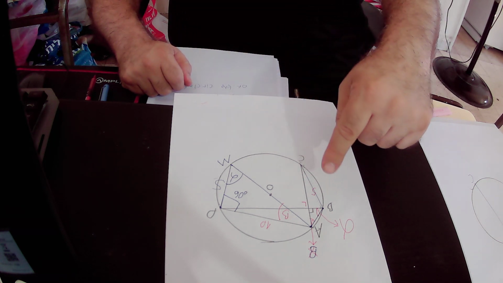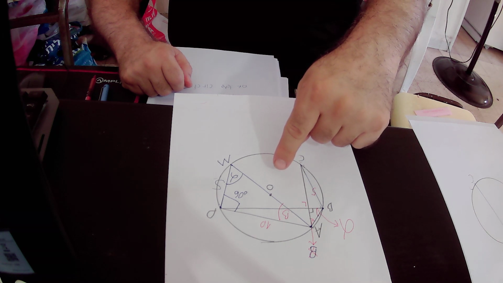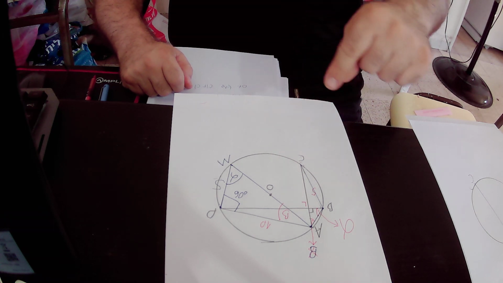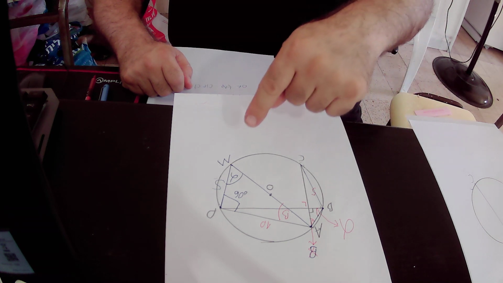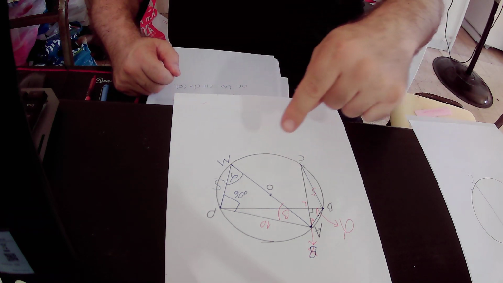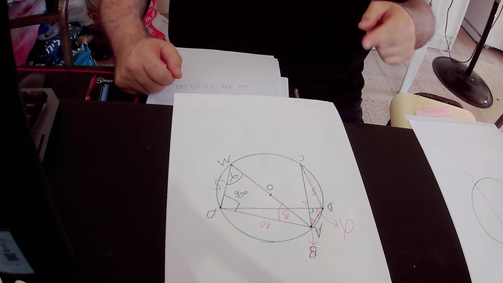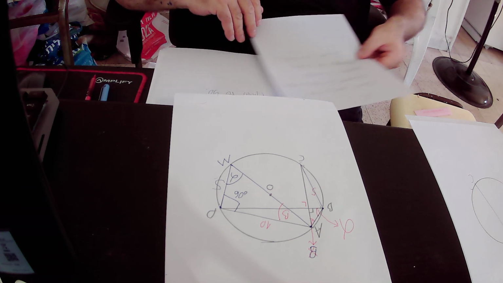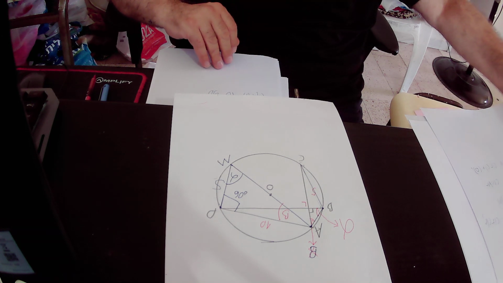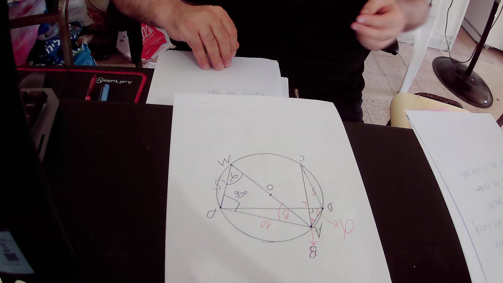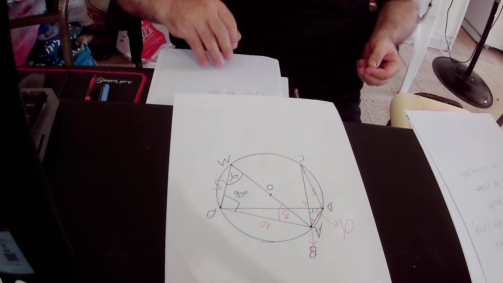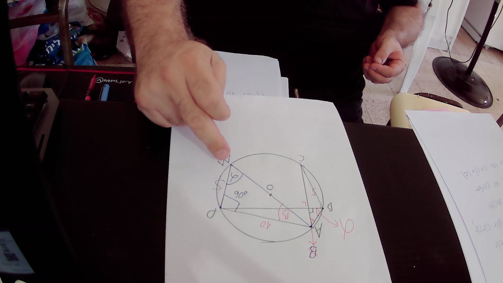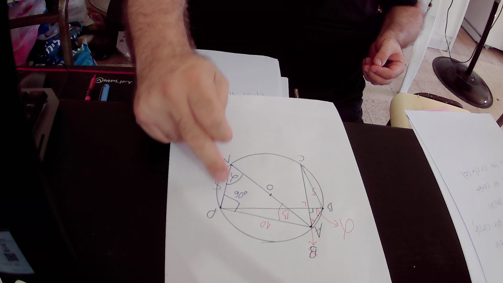Chord AM passes through point O, that is the center of the circle. For that reason, chord AM is the diameter of the circle. Okay? Then we connected together points D and M by a straight line,